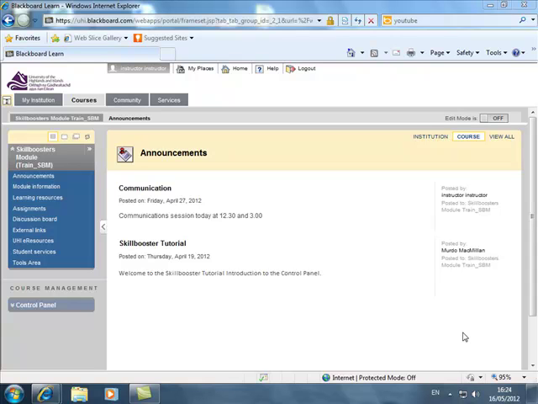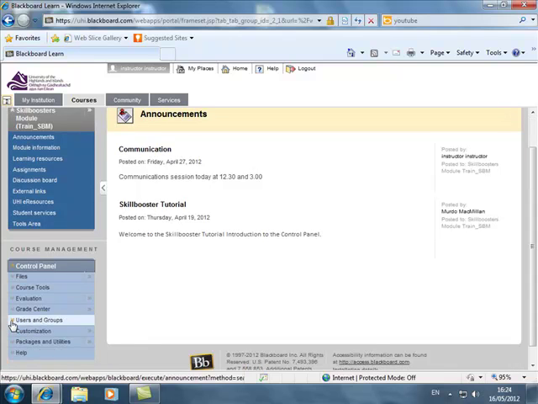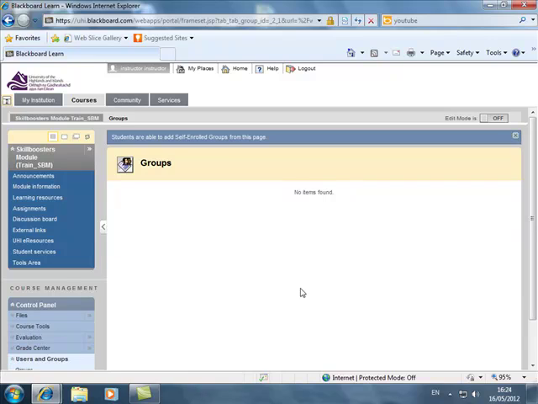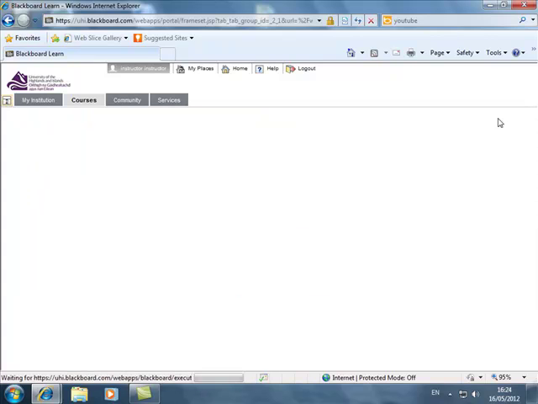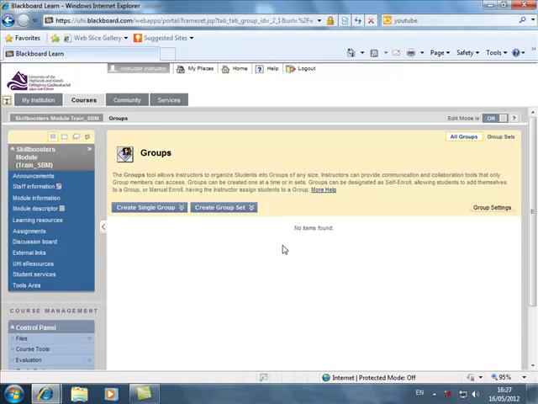Now you'll remember from the first video that we went to our control panel, we expanded users and groups, we clicked on groups, and we switched our edit mode on. What we then did is we went over to the create single group action menu. That's that drop down menu there, and we saw that the two options available were self-enroll and manual enroll. Now in this case we're going to click on manual enroll to create our group,